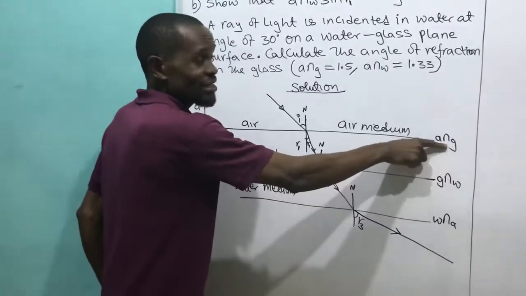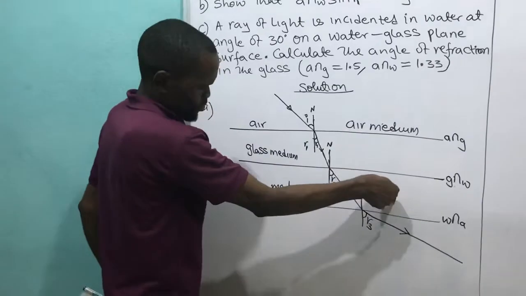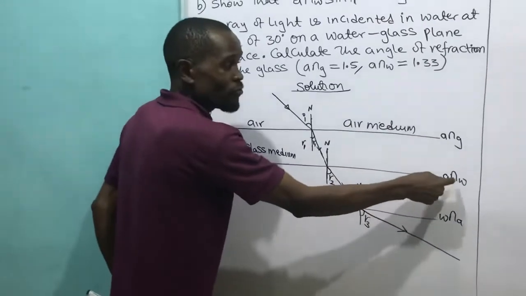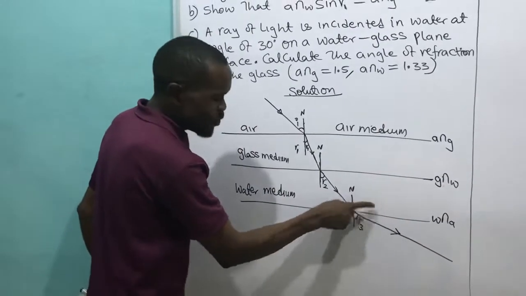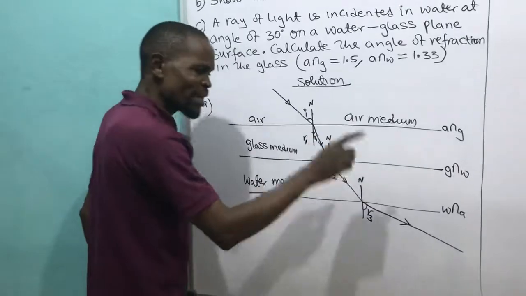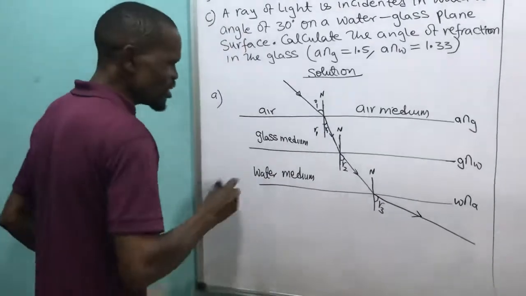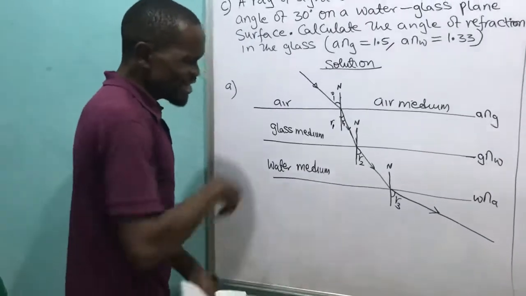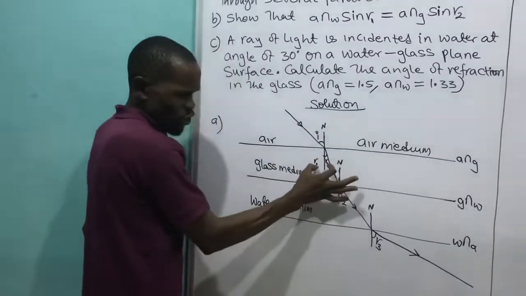Refractive index of glass. I'm already in glass, going into what? Water. That means I'm looking for the refractive index of what? Water. Here, I'm already in water, going into air. That means I'm looking for the refractive index of what? Air. Now, looking at this, you see that when the ray enters glass, it is compressed close